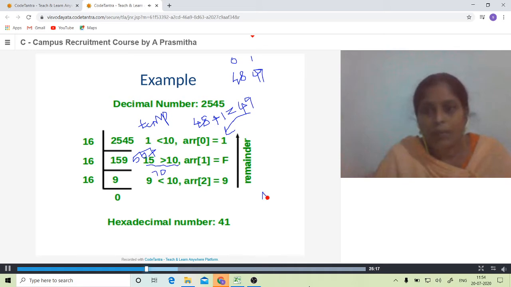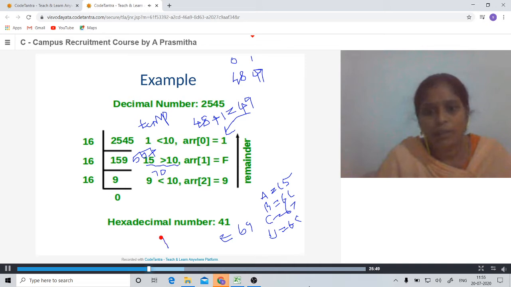A equals 65. B is 66. C is 67. D is 68. E is 69.